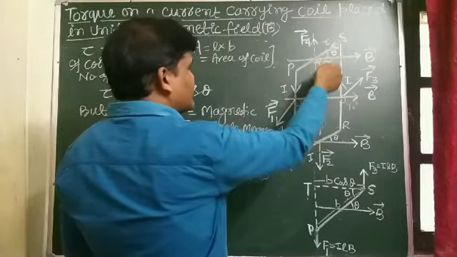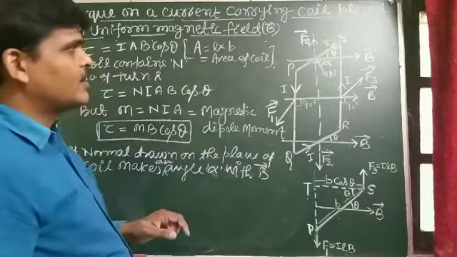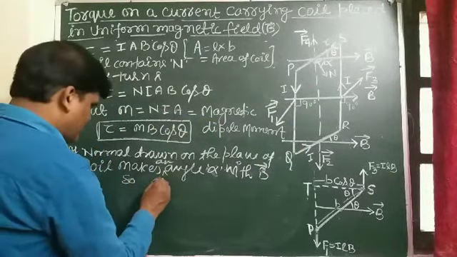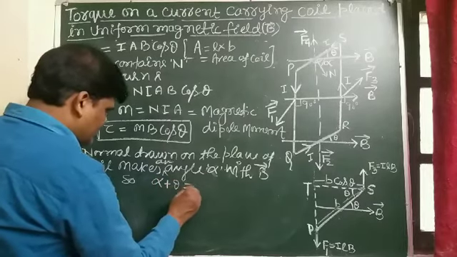So alpha plus theta is equal to 90. So from the figure, alpha plus theta is 90,